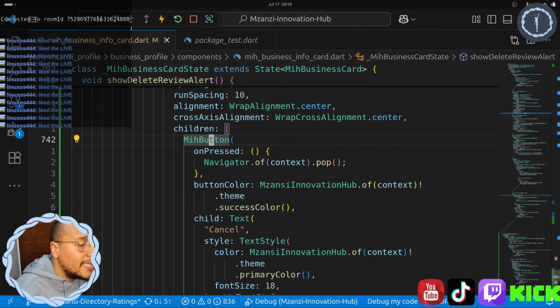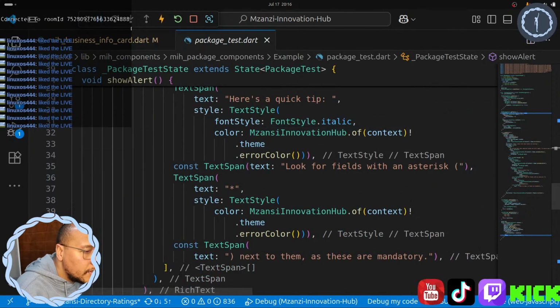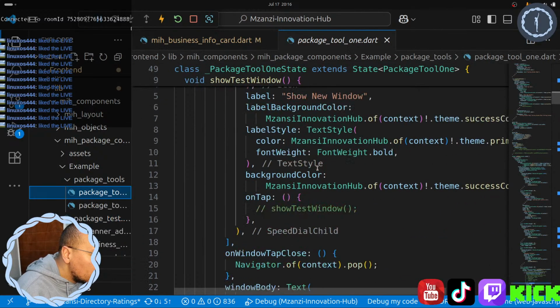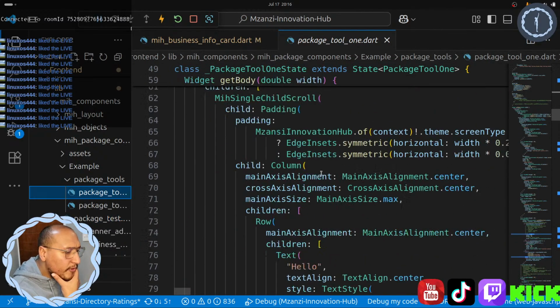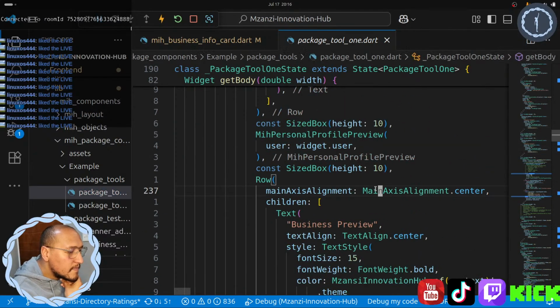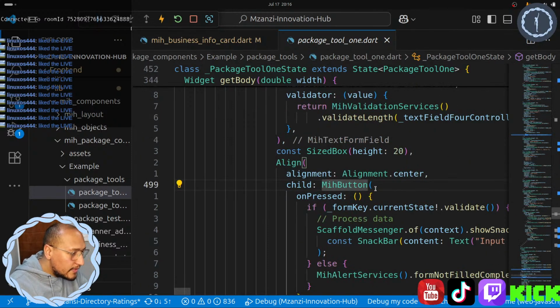So what we need to do is, if we look at other buttons, in the tools, not this test package, there's buttons over here that we can steal from. Button, right?